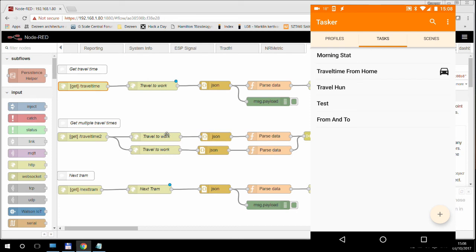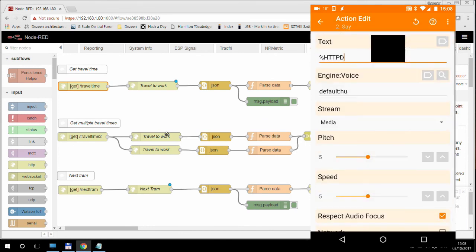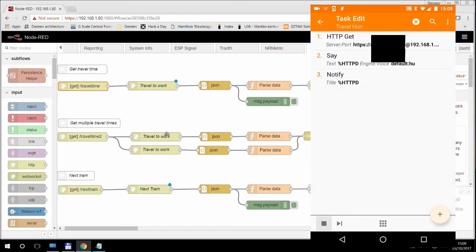And I actually want to talk about this one because I've created this for one specific reason, just to say that Google is not limited to, or this text-to-speech is not limited to English only. So I wanted to have an example where I say something in Hungarian. So all I have done is within the say action, in the engine voice, I just set the default, I just say default :HU. So it's going to talk in Hungarian instead of English. And if I trigger,